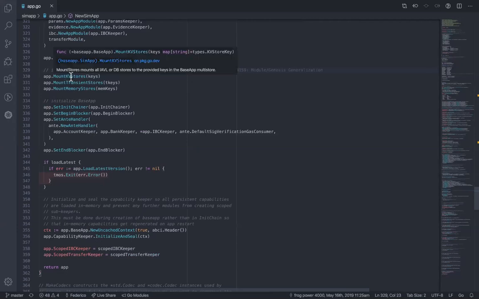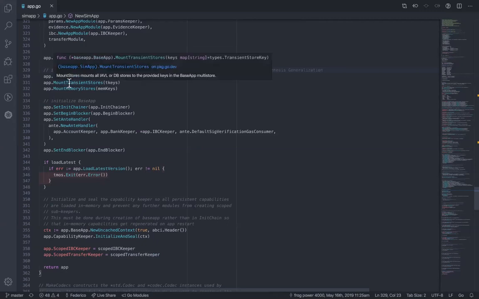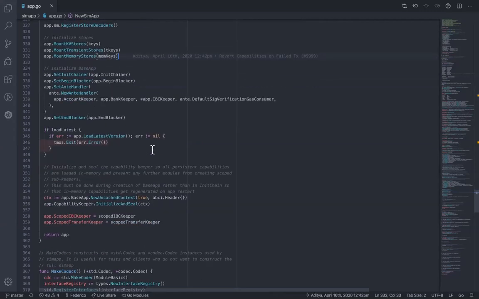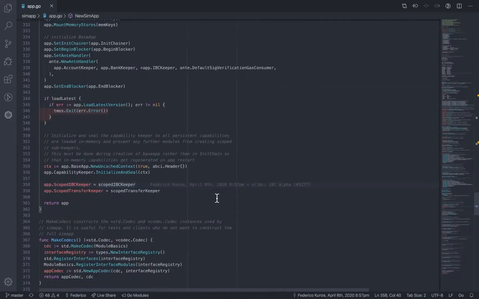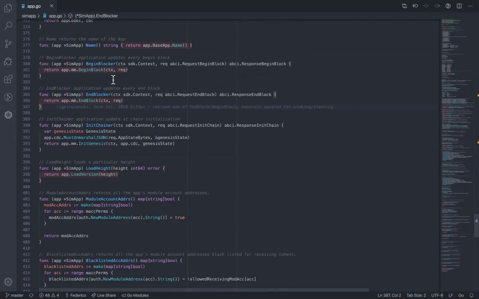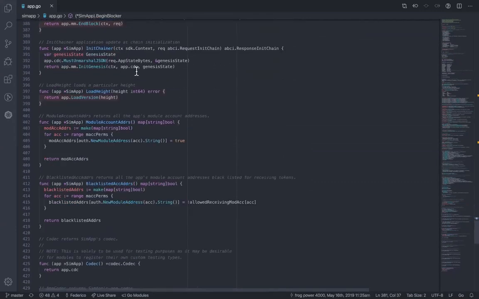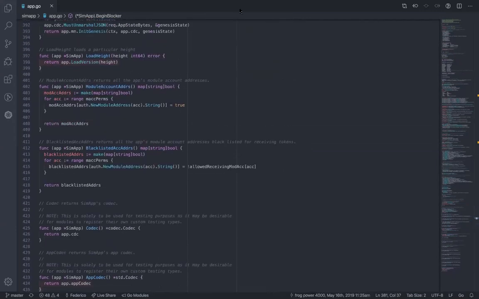Here's when the KV stores are mounted, as well as the other store types. These are like generic methods. So